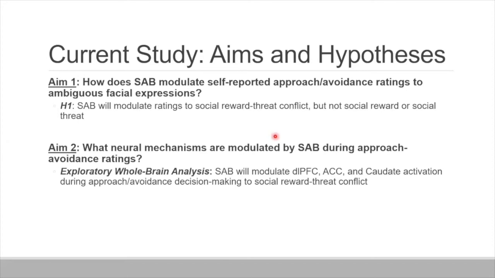And again, I'm not aware of anyone who's done this with simultaneous social reward, social threat faces, but lots of research has looked at the neural mechanisms of approach avoidance conflict in general. Typically you see cortical regions like the DLPFC, the anterior cingulate cortex, and also some basal ganglia regions like the caudate. That tends to be what comes out. So we were expecting to see something similar in those regions, uniquely when there was this approach avoidance conflict, because again, there's social reward and social threat happening at the same time.